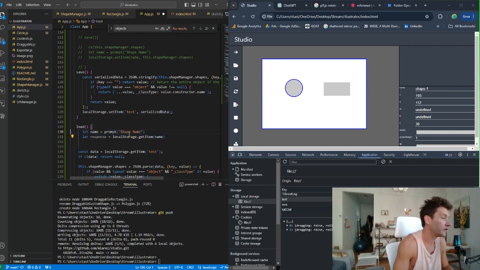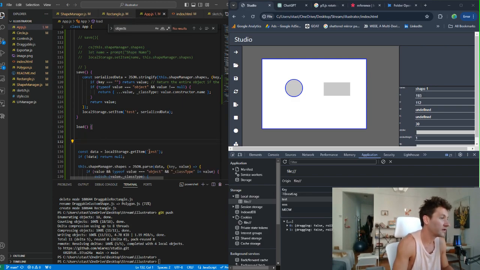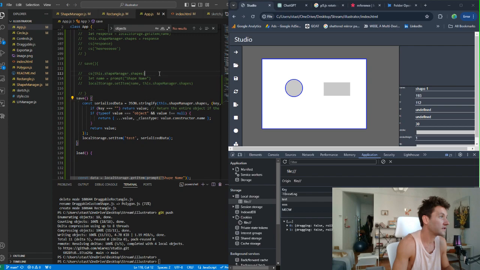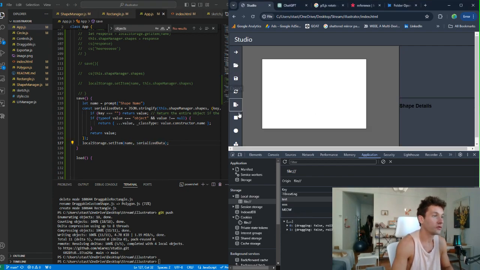So load is the response. And then same thing here, that we'll say save is gonna be let name equals, and then we put this into, so I think what's cool is, let's go here, and we're gonna go,